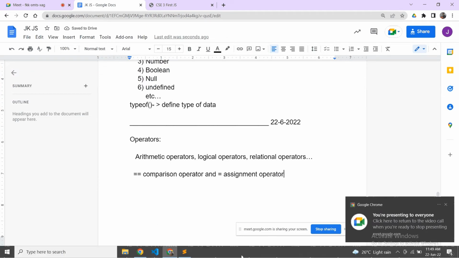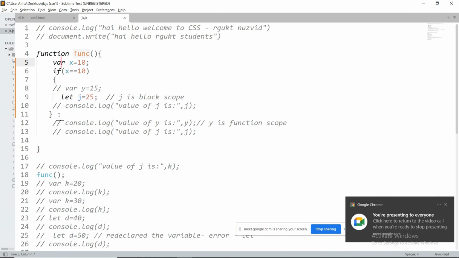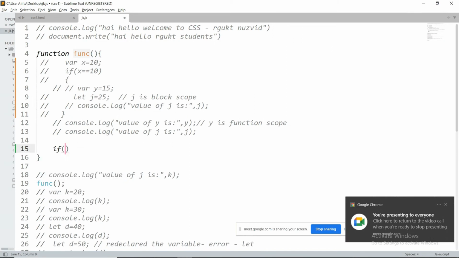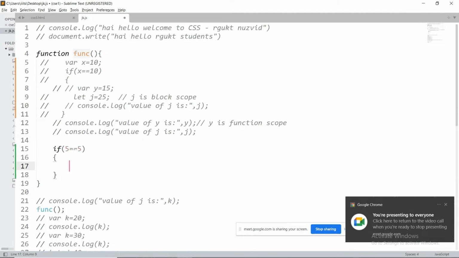For example, let me write like this. If 5 double equal to 5, what is the answer you expect here? Whatever syntax you write in the if block will get executed.